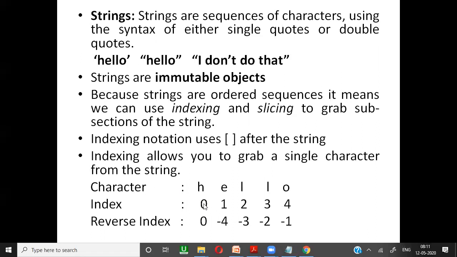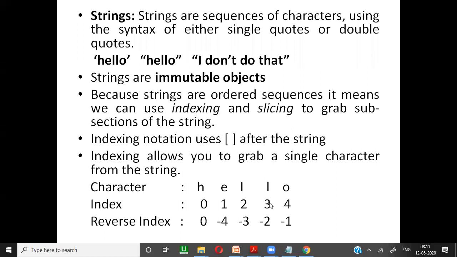It starts from 0. H is at index 0, E is at index 1, L is at index 2, another L is at index 3, and O is at index 4. So this is about array indexing.